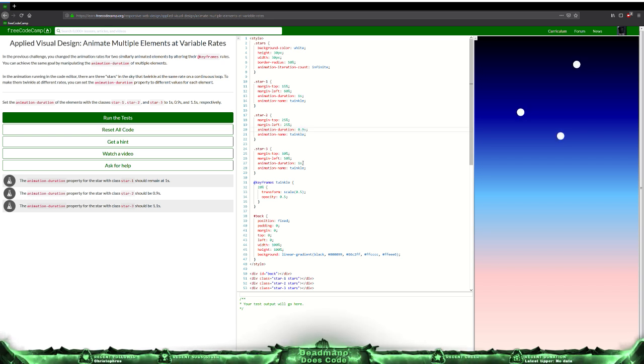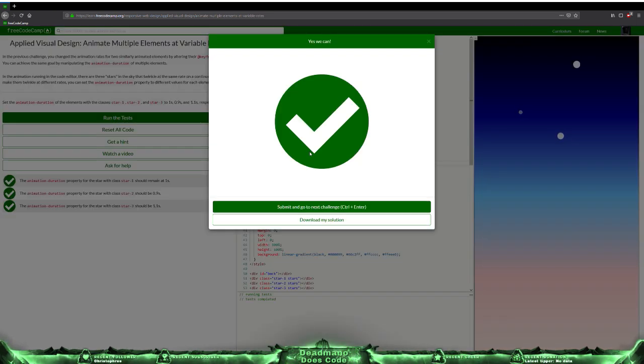0.9 and 1.1. It still feels in order though, doesn't it? Feels a bit jarred. But that's what we needed to do, so